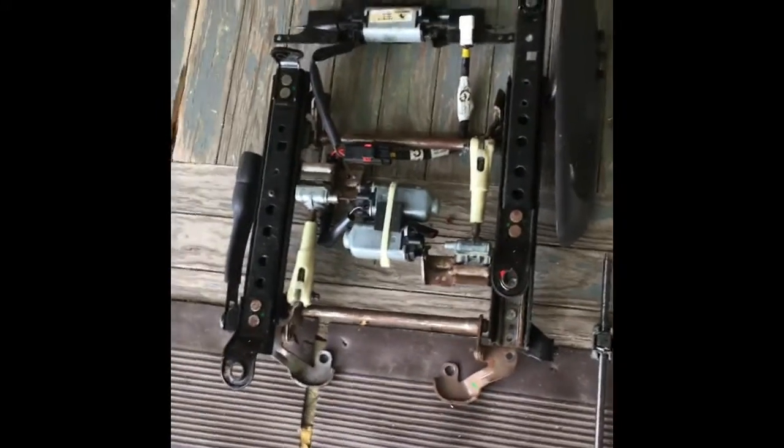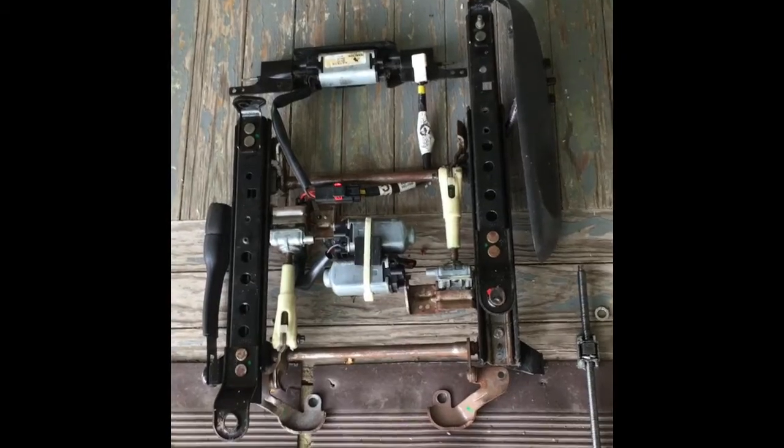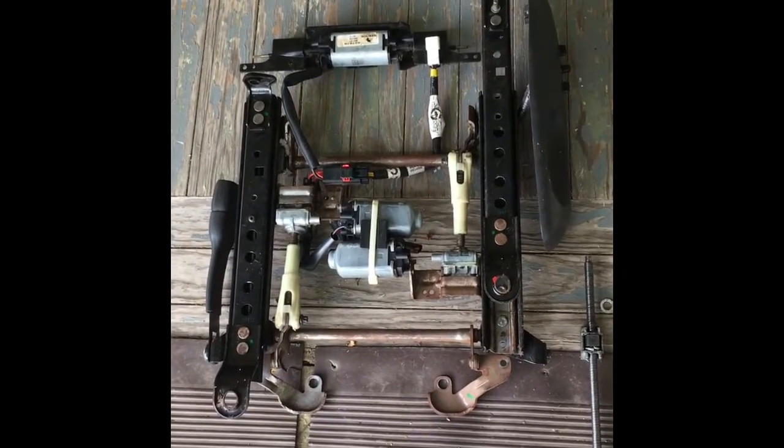So as you can see, obviously I had to take the seat out, put the seat up on the tailgate, and you can take it all apart. You have to remove,